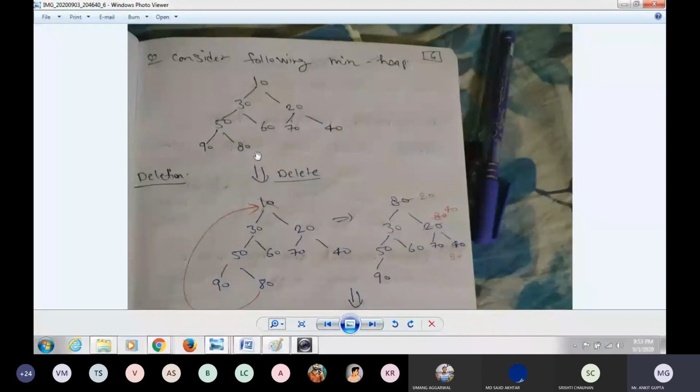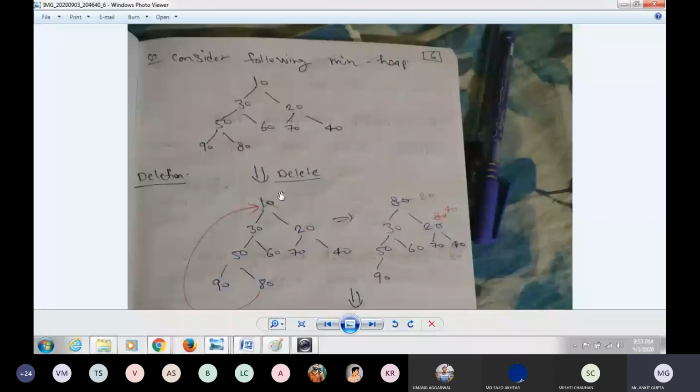So simply I will say delete. But in the insertion, give the number also. Insertion 17, insertion 5. I will give it like that. In the deletion algorithm, I will simply say delete.